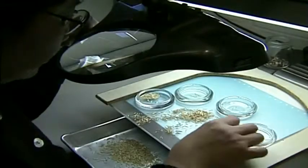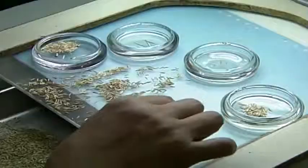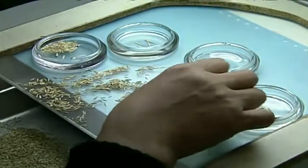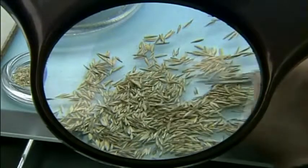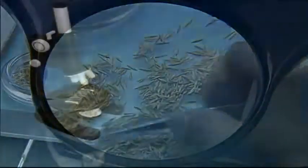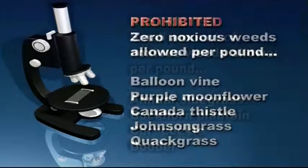The working weight has two parts, the purity portion and the noxious weed portion. The purity portion is physically separated into pure seed, inert matter, weed seed, and other crop seed. Any noxious weeds in this portion are also identified and counted. The noxious weed portion, which is typically 10 times that of the purity portion, is examined for noxious weeds only. Noxious weeds in Kentucky include